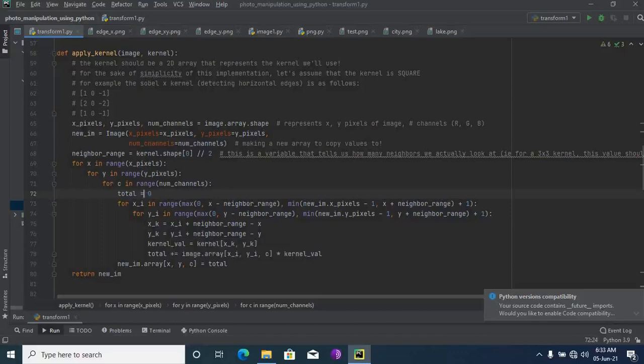Kernel value equals kernel[xk, yk]. Then I add to total image.array[xi, yi, c] times kernel value. Then new image.array[x, y, c] equals total, and I return the new image.